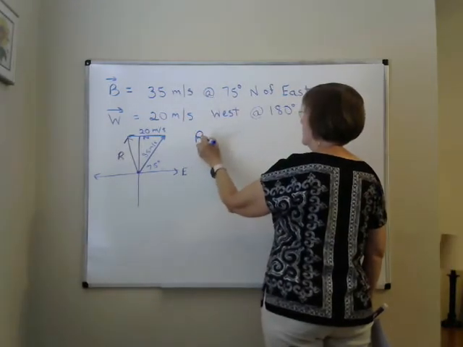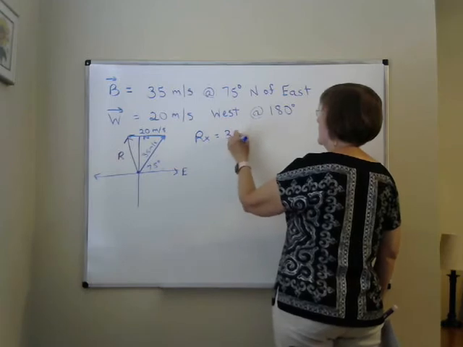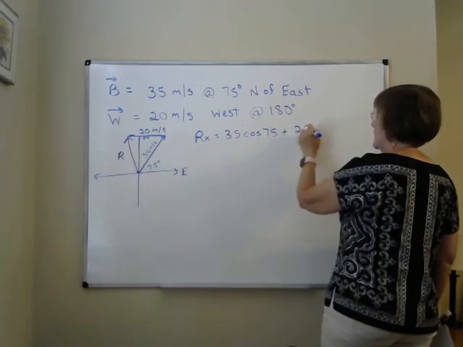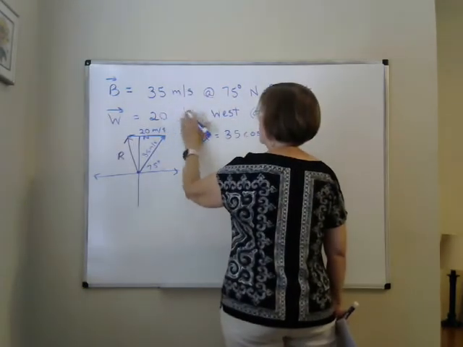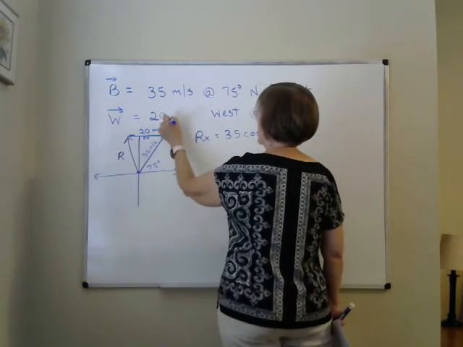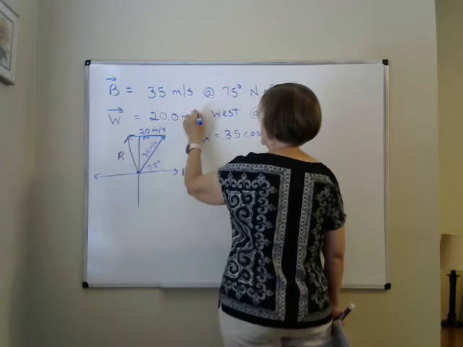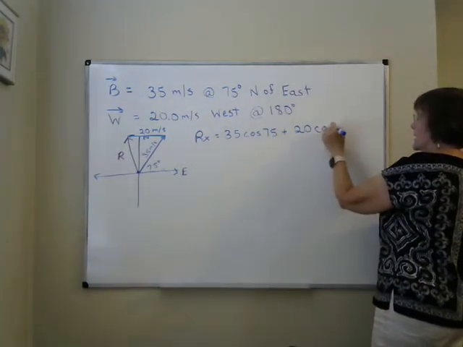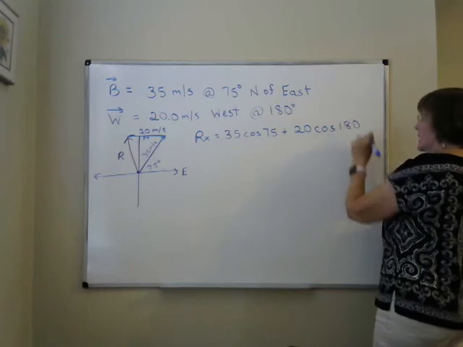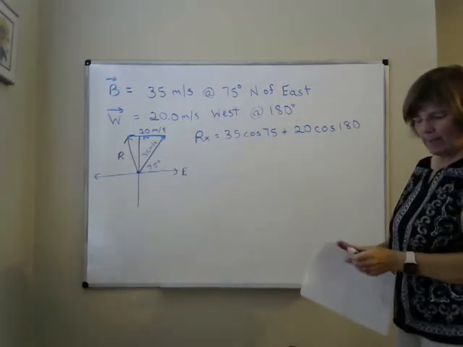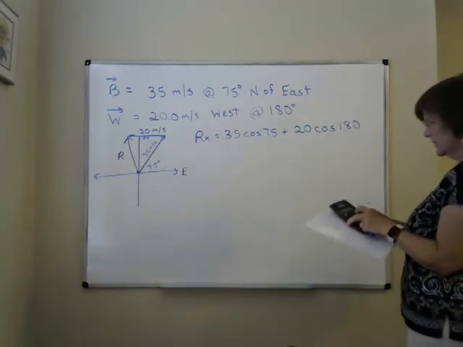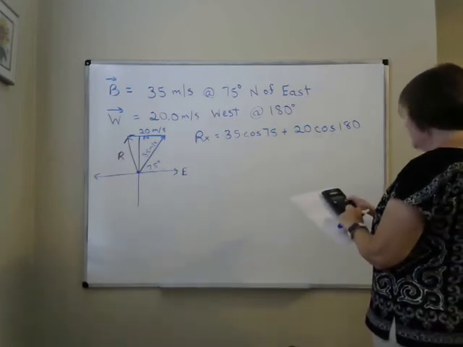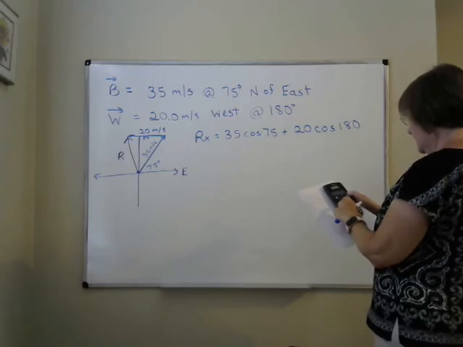Our x component is going to be 35 cosine 75 plus 20. Let's assume that we have at least 2 significant digits. So I'll put 20.0. And we have 20 cosine 180. Now, I just want to show you what happens. I'm going to do this slowly in steps so you can see. If I do 35 cosine 75,